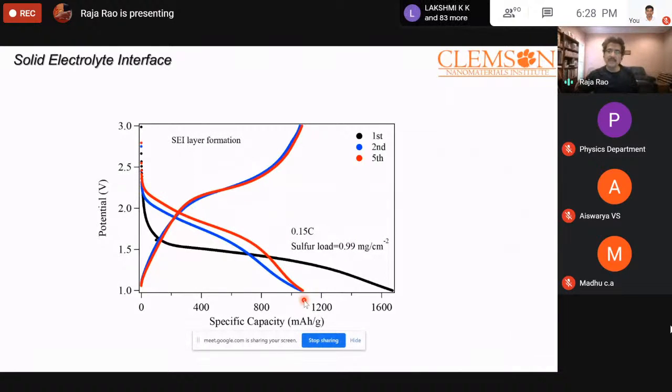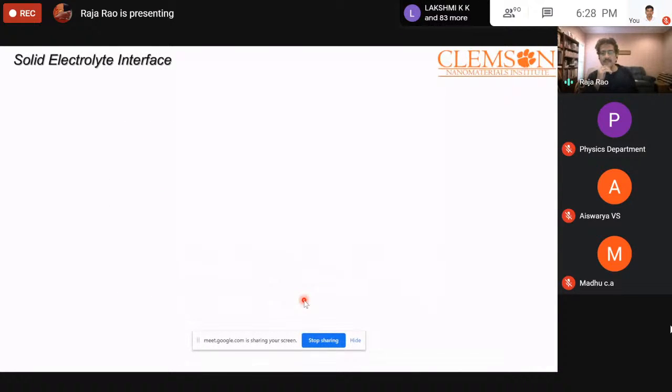So people have taken a deep dive into that, and they found out where this sulfur and lithium is getting trapped and resulting in the poor capacity in the first cycle. This is another new terminology that people talk about in the battery literature. It's called the solid electrolyte interface, because as you saw in that animation, you have the electrolyte and you have